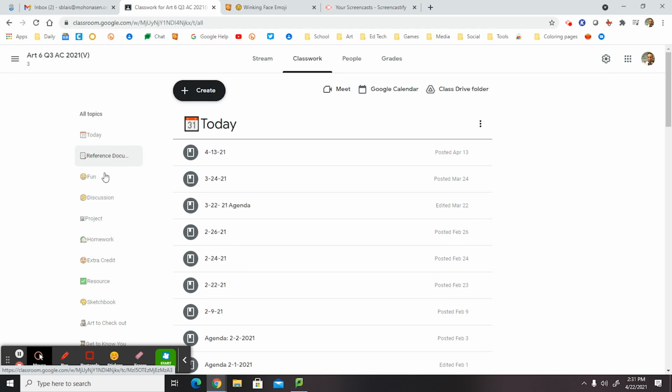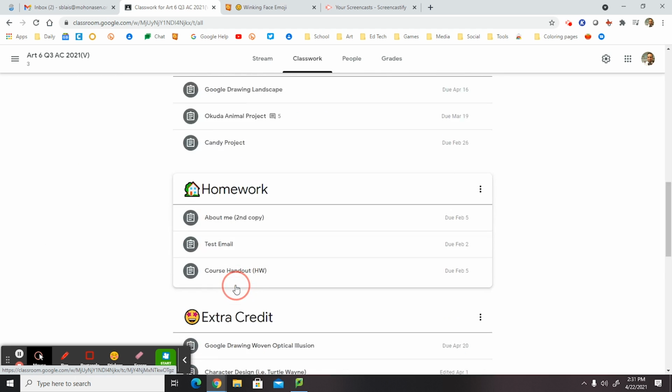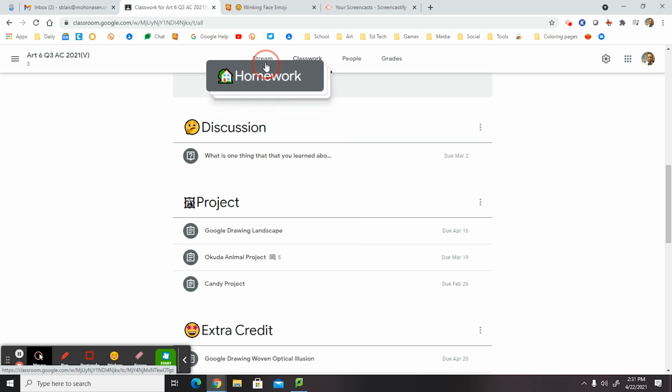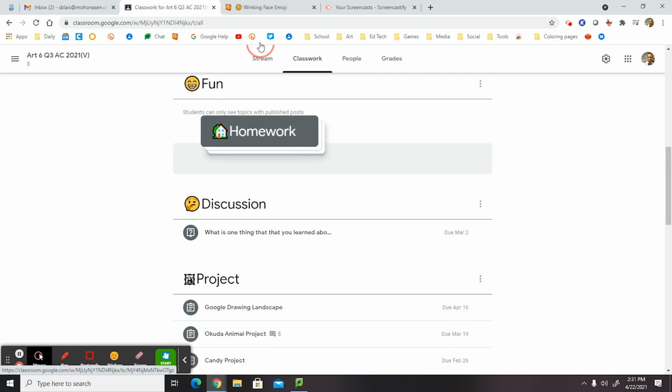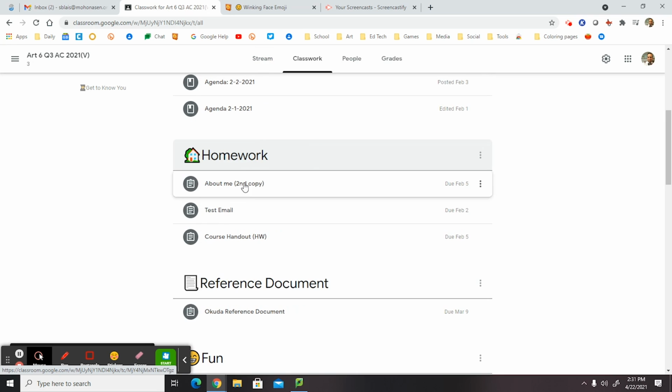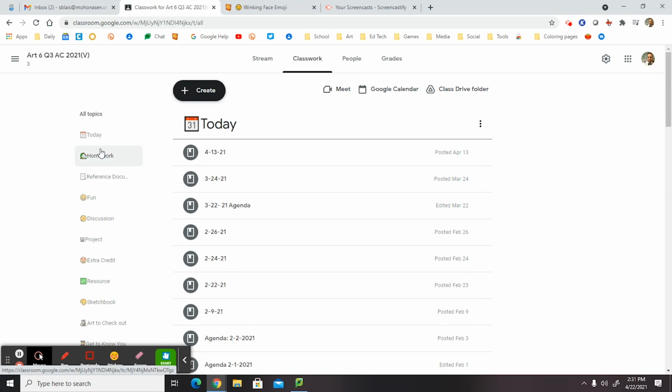And while we're here, on the other side you see where all the topics are. Let's say you wanted to have homework up higher on here. You can't drag these, that doesn't work. So if I come down here and take homework, left click and hold, I'm going to drag it up and keep going up higher. Sorry, it's getting a little wobbly here. I want it right below the today section. So now if you look up here, it says today, and then it says homework right there. So that is the way you can organize the topics, as well as organizing the labels on the topics